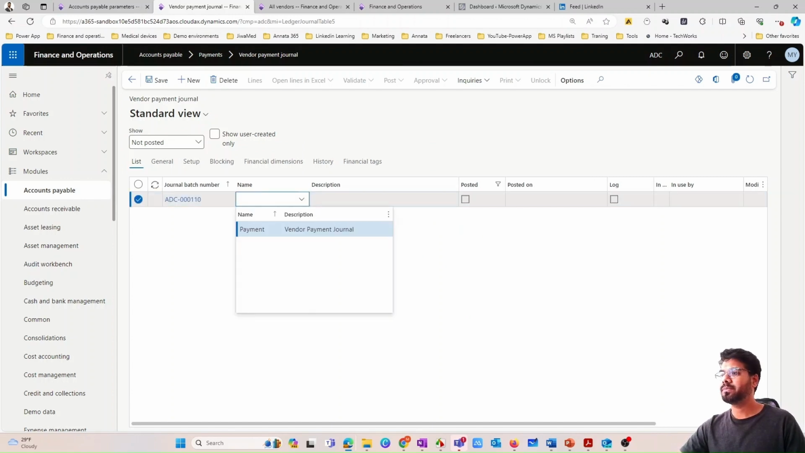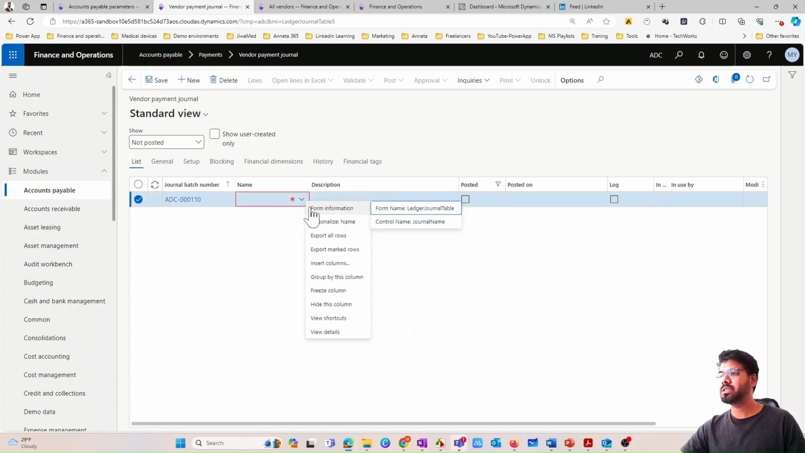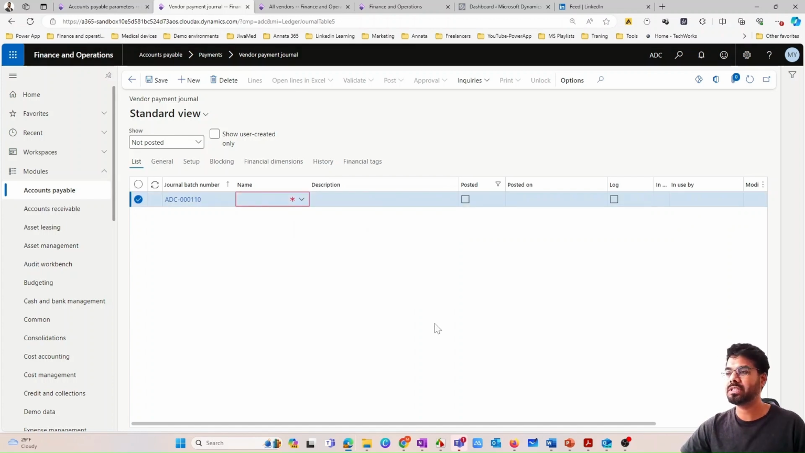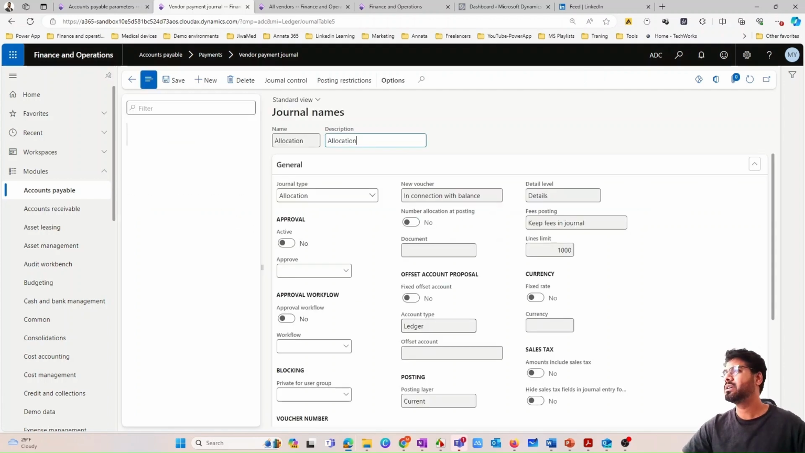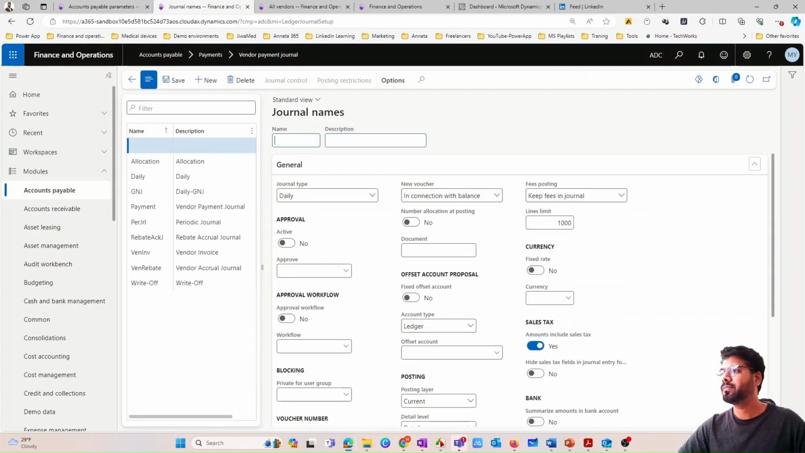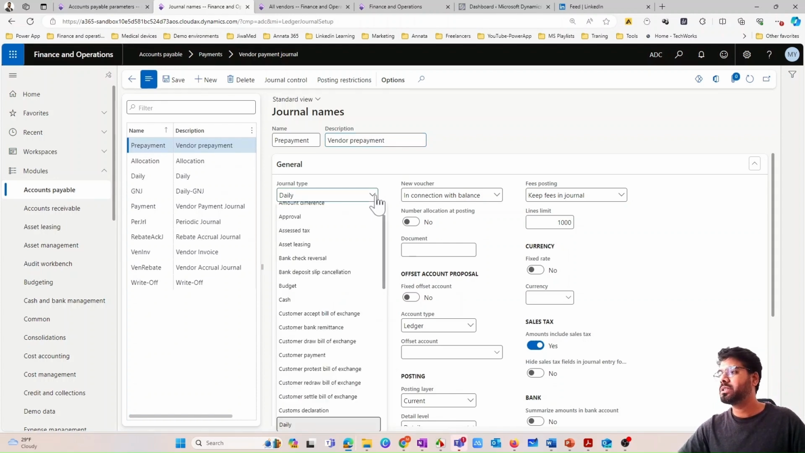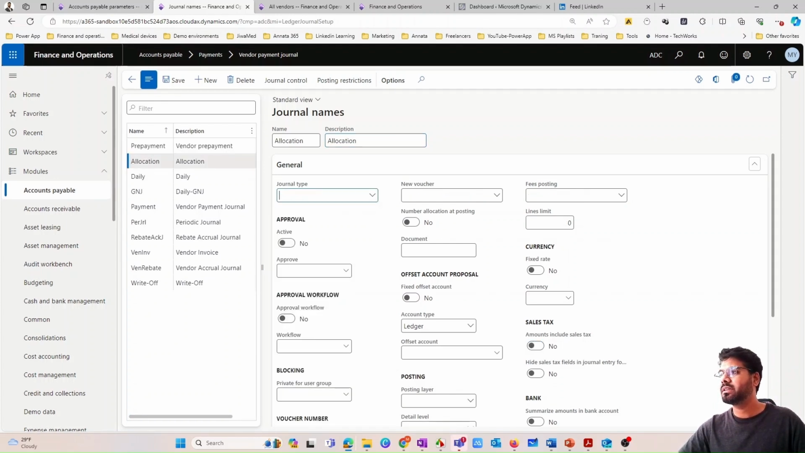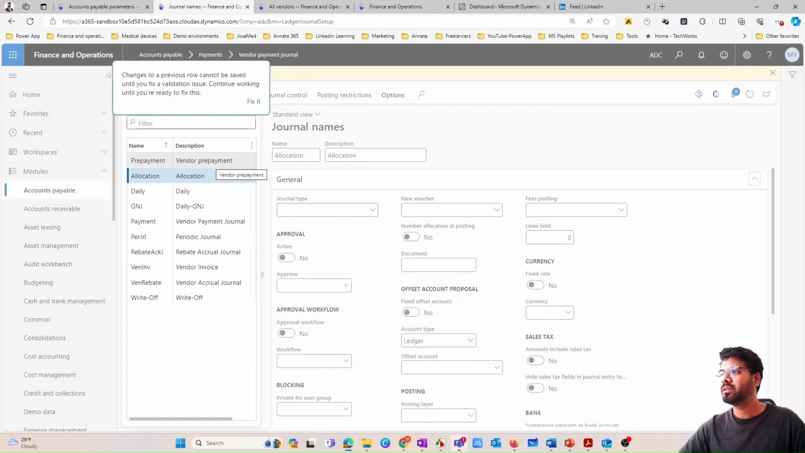And I don't want to use the same journal name, because I want to differentiate both of these scenarios with different journal names. So let me go there and just say prepayment. Okay. And again, the journal name needs to be the same, which is the name that we have given for